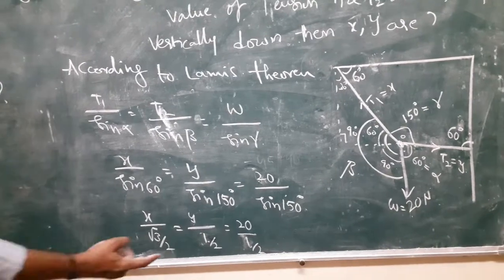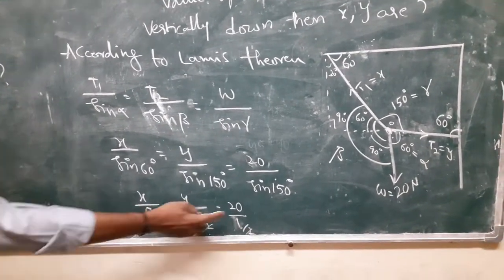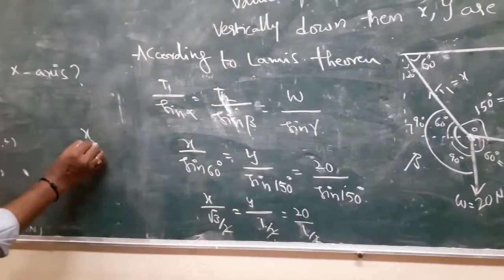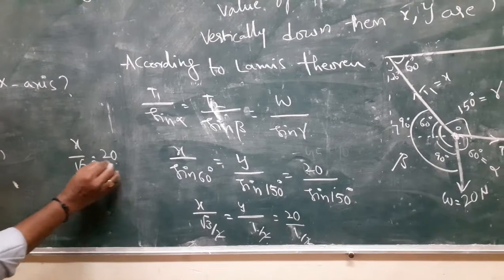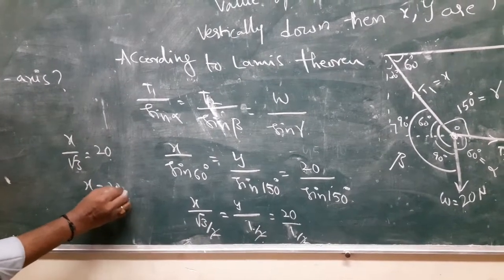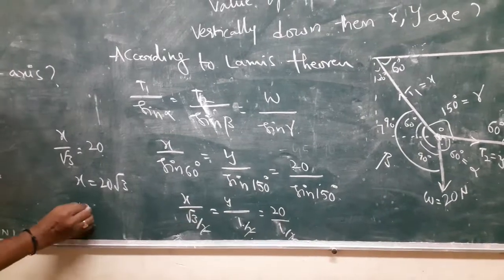Then compare on both sides. So x by root 3 is equal to 20. Therefore x is equal to 20 root 3. Then compare both of them. Y it is